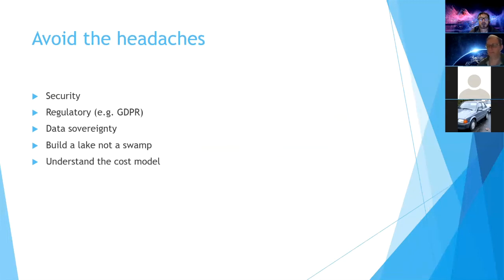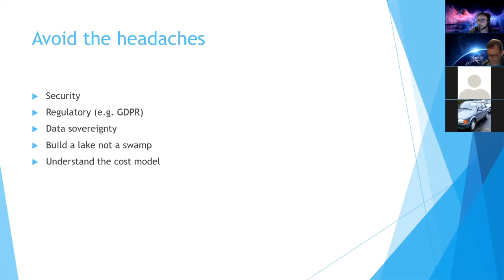Now let's think about some of the headaches we want to avoid. By having huge quantities of data, all your data, one of the things we want to avoid is having security holes. So design the data lake from the ground up with the security model in mind. This is where the hierarchy really helps, because if you've got the right hierarchy and apply permissions at the right levels, then you can have a reasonably workable security model. That's a really important one.